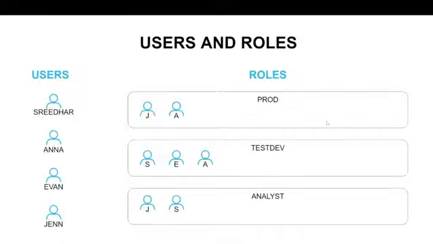Hello and welcome to the Academy. In this video, we are going to understand what Snowflake users and roles are. In Snowflake, users typically refers to someone who uses Snowflake to perform certain activities. Users of Snowflake can perform various tasks related to data storage, processing, or analysis. Each user may have different levels of access and responsibilities within the Snowflake environment, depending on their roles and